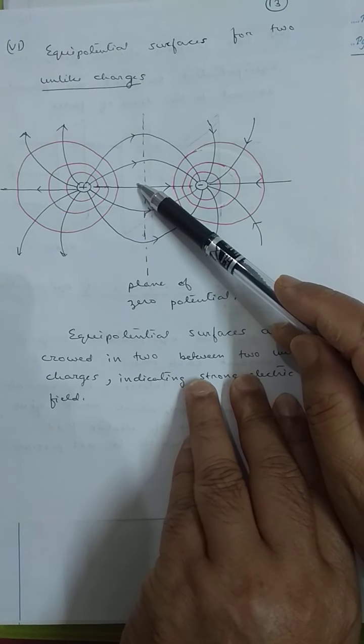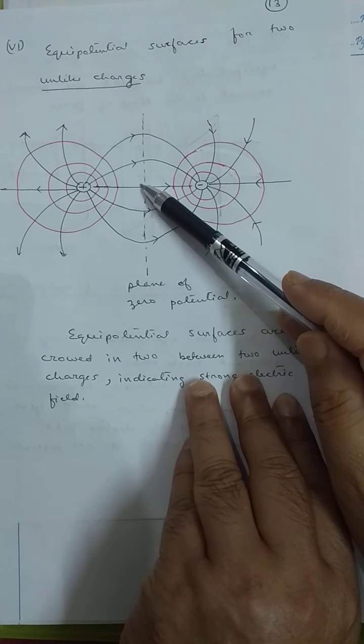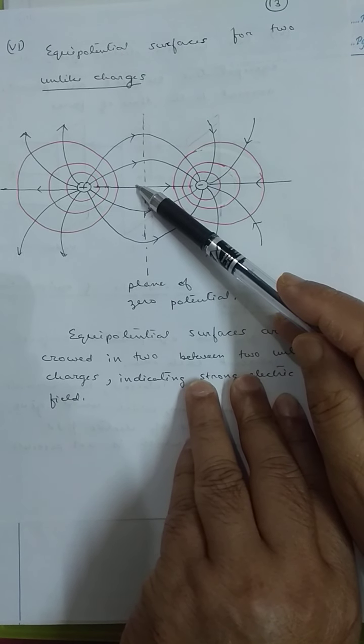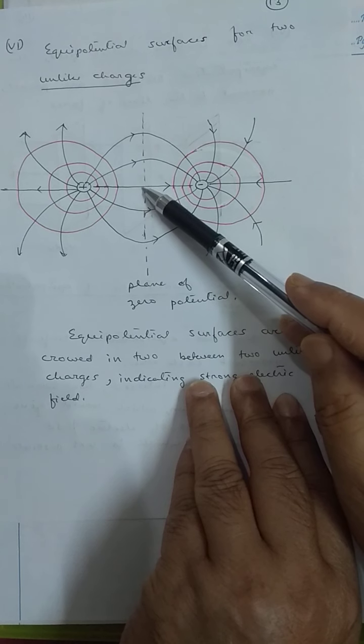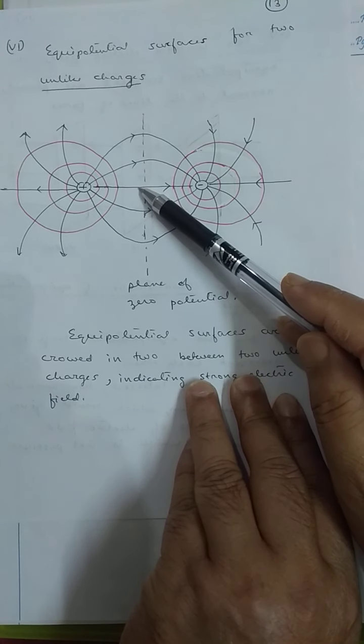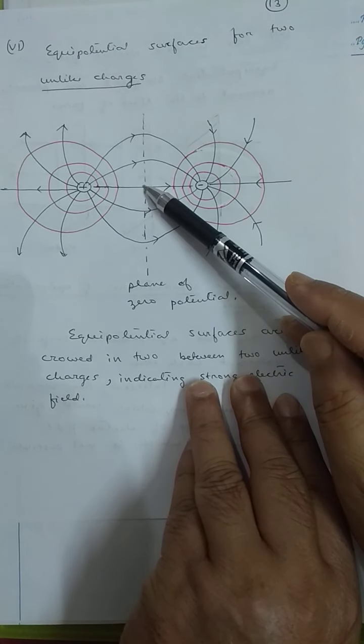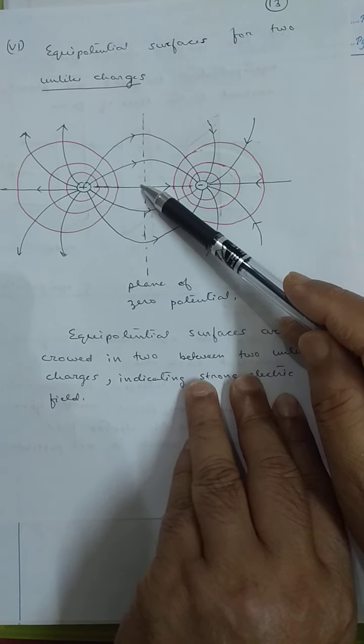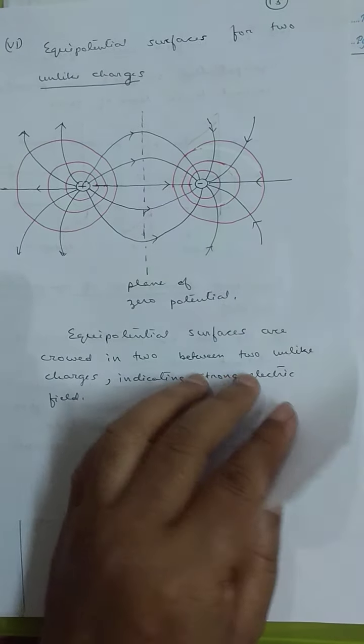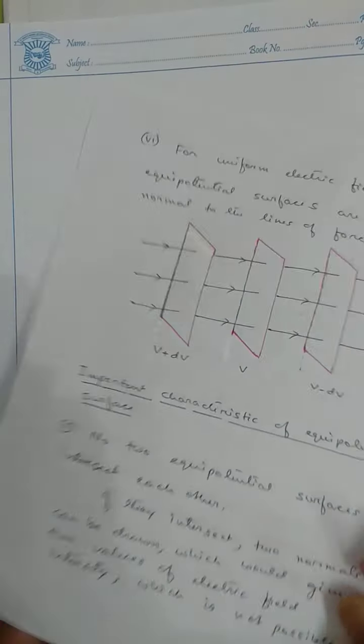When the charges are unlike charges, at the midpoint, electric field intensity is non-zero, but electric potential is zero here. Okay, is it clear? Next we try to draw